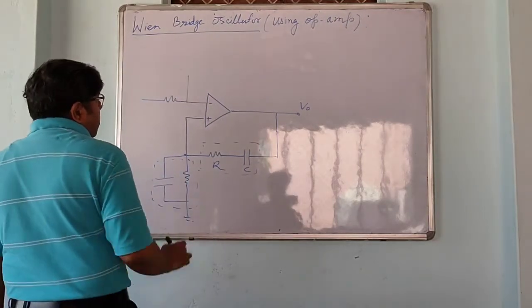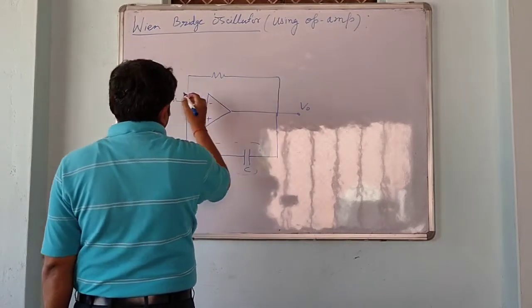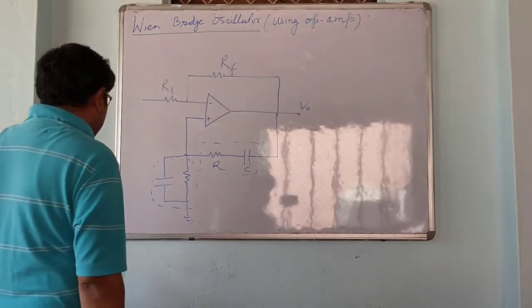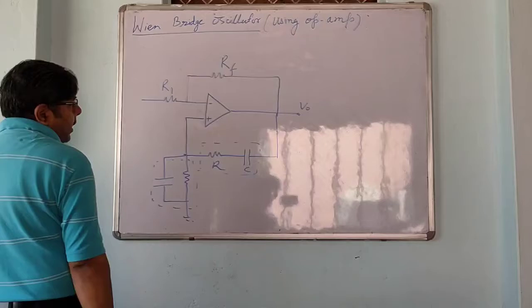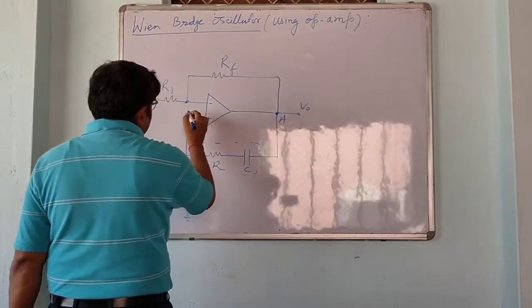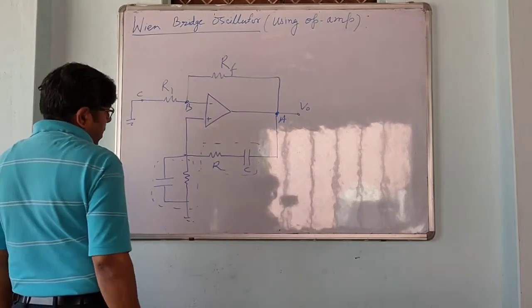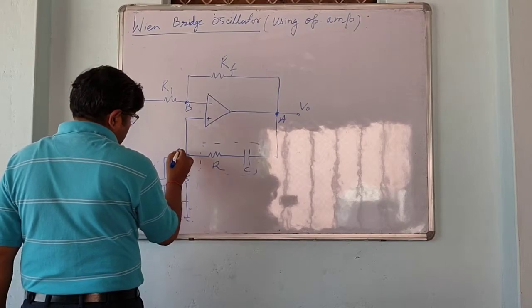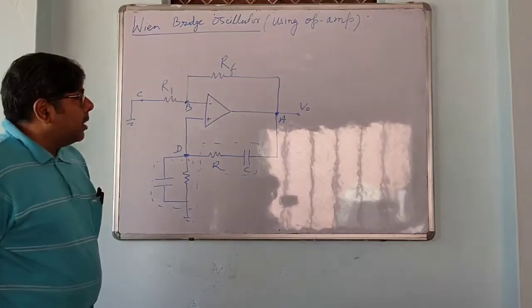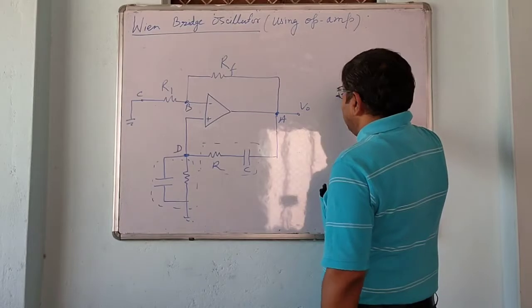at the inverting terminal we have two resistances. One is the feedback resistance. Suppose this is R1, and suppose these are 4 points A, B, C, which is grounded, and here is a point D. So this structure is like a Wien bridge. Wien bridge is like this. Here